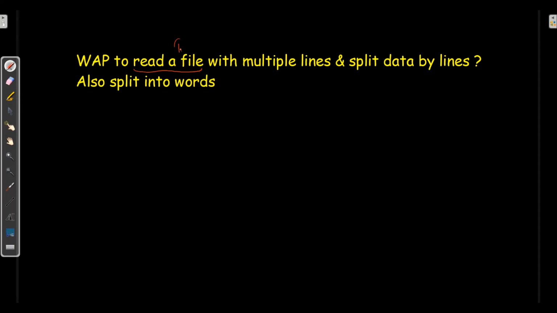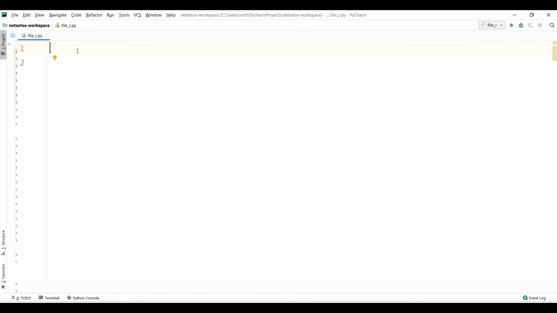First, read a file. Second, split data by lines. And the third one is to split into words. Let's do it step by step. This question is commonly asked in interviews, so as to test our file operations and terminology.